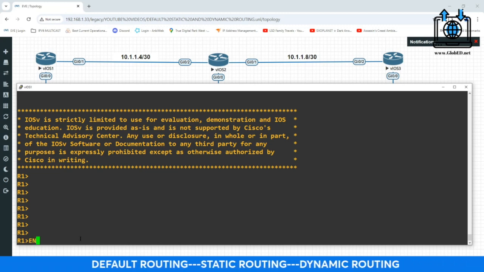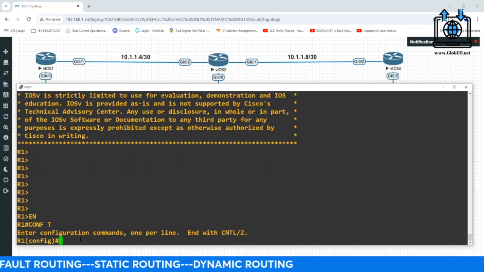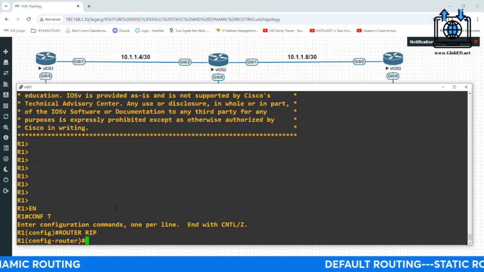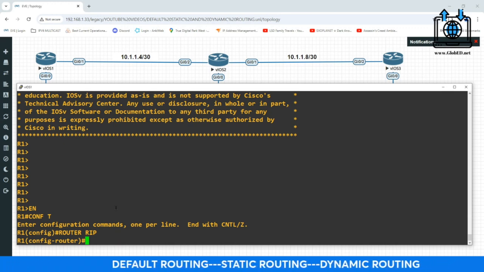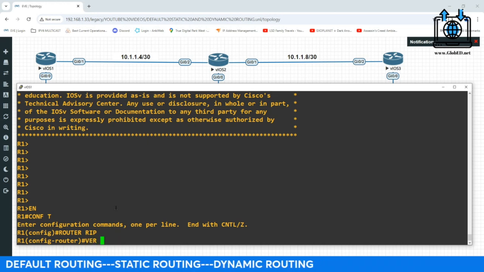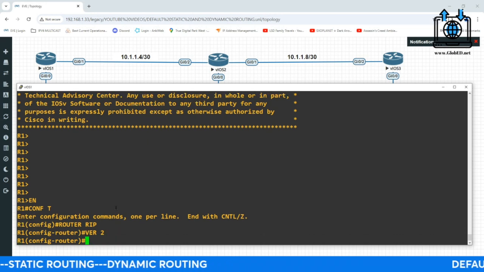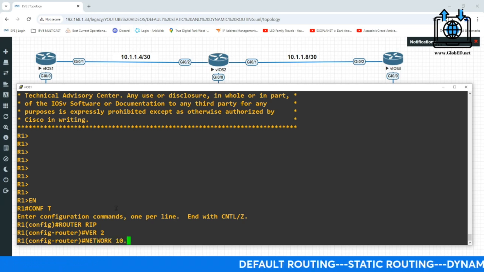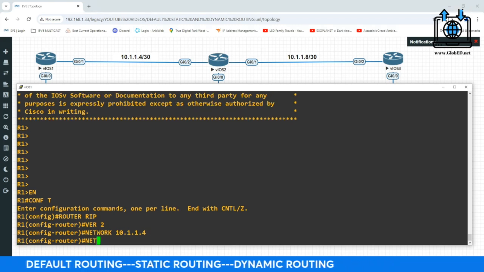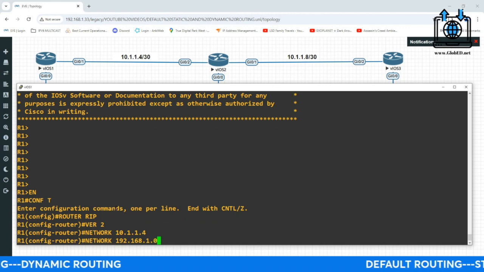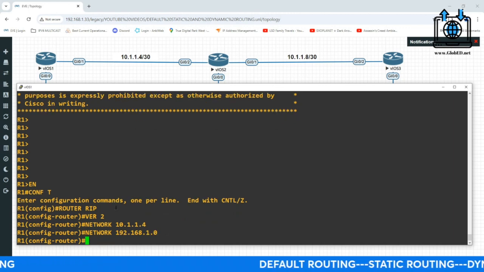So enable. We're in router 1. We'll say router RIP. And you don't need to do it in this order, as long as obviously you do router RIP first, but you don't have to do version 2 right away, but you can. I do, because I tend to forget the version 2. And then the networks that you're attached to. Network, I'm going to show you something. You do not have to put the entire network there, but I'm going to. And then network. For this one, yes, because the classful boundary here is that third octet. And hit enter. Now I'm going to show you something.